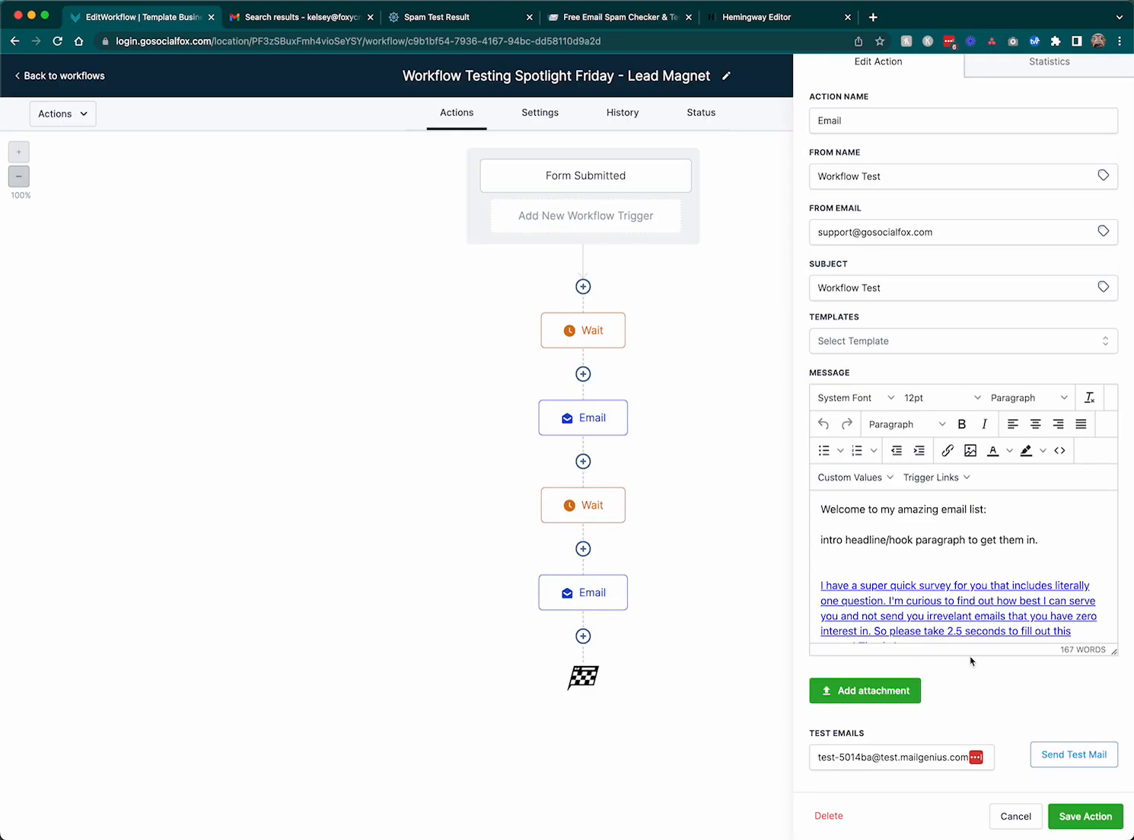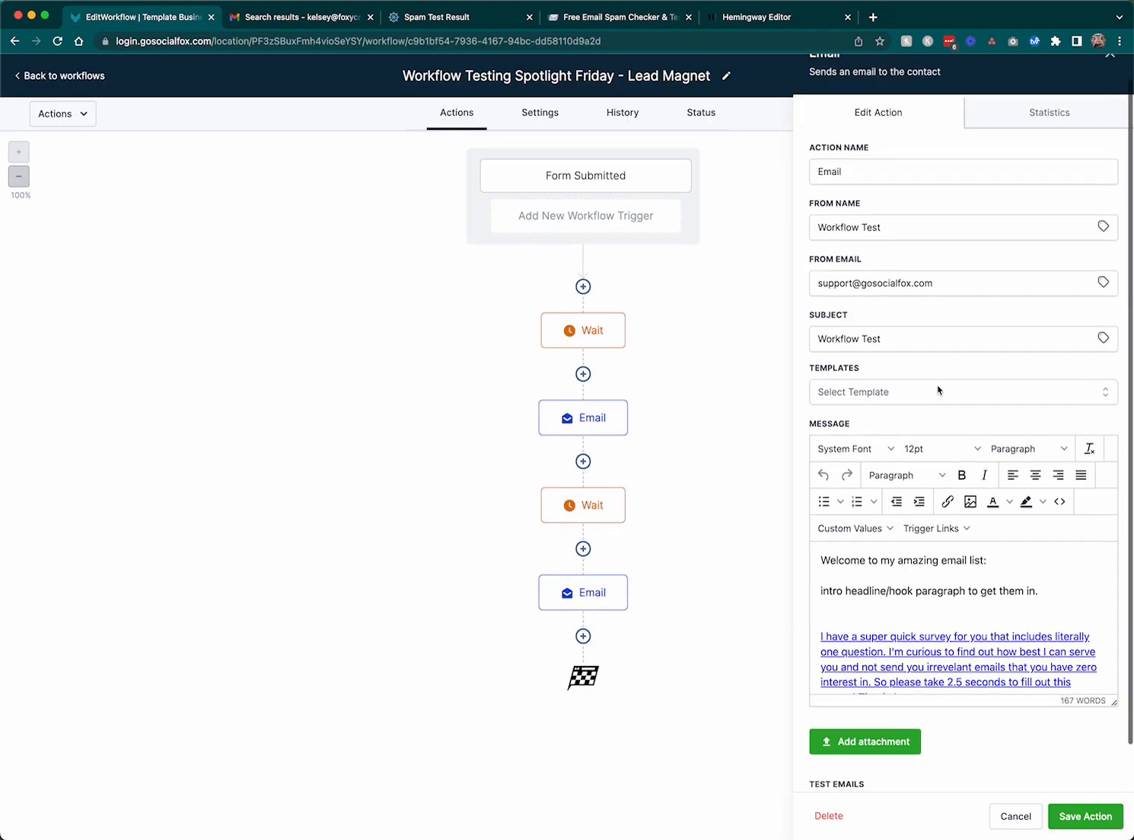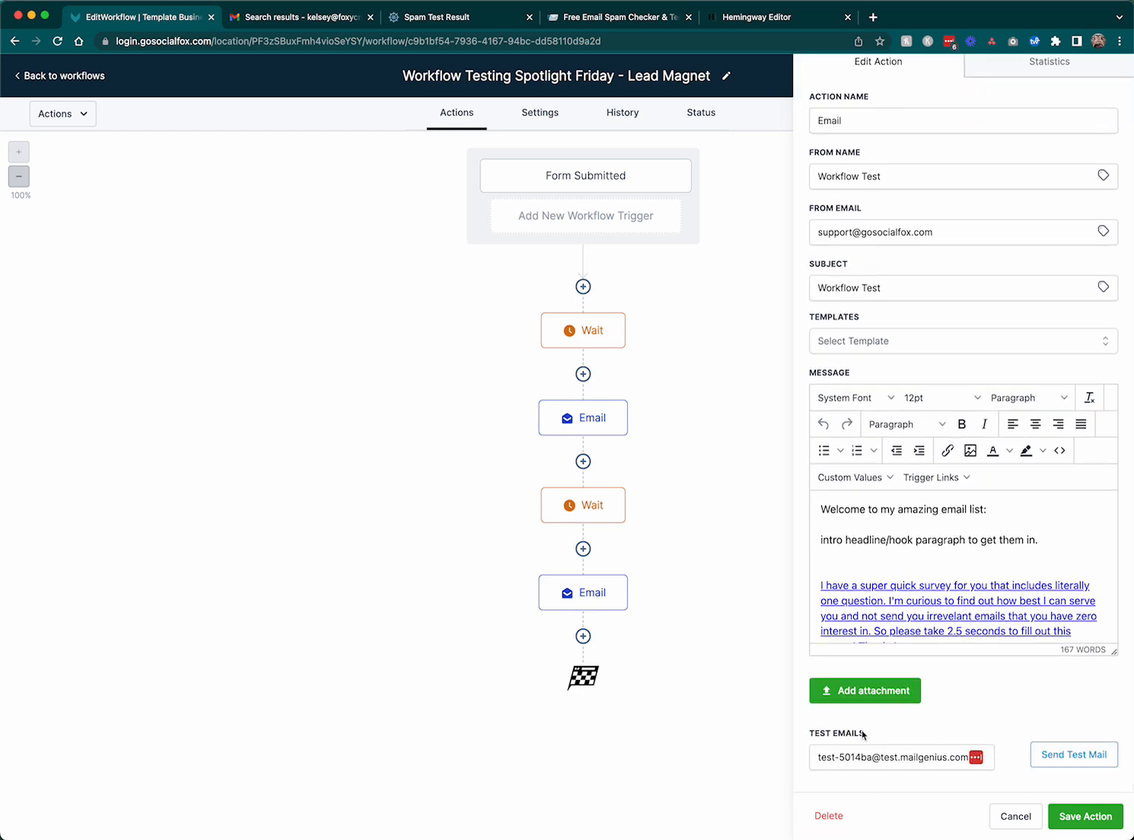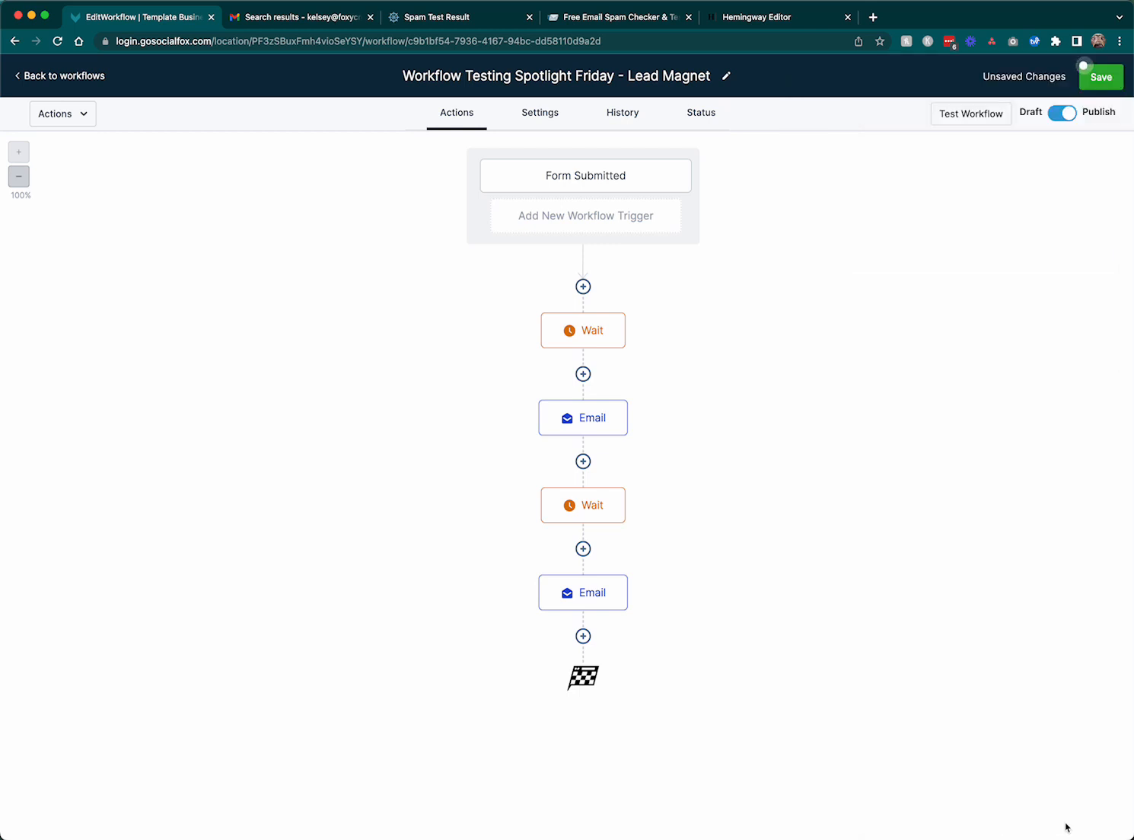So from here, what I'm going to do is, this is the first way to test the email from the actual email itself, putting your email address down there. So I'm going to go ahead and save that action. We'll save the workflow. The second way to test your email, actually before I move on to that, I did have this other service pulled up that we use